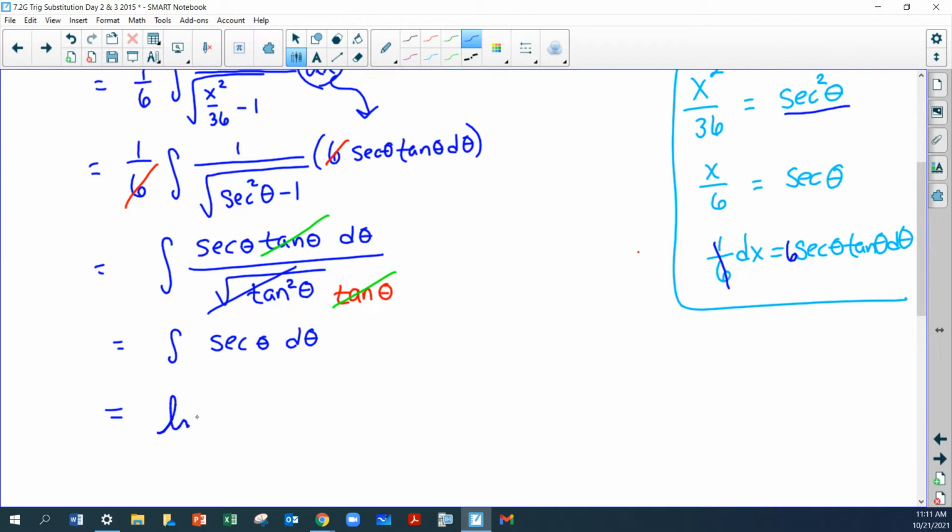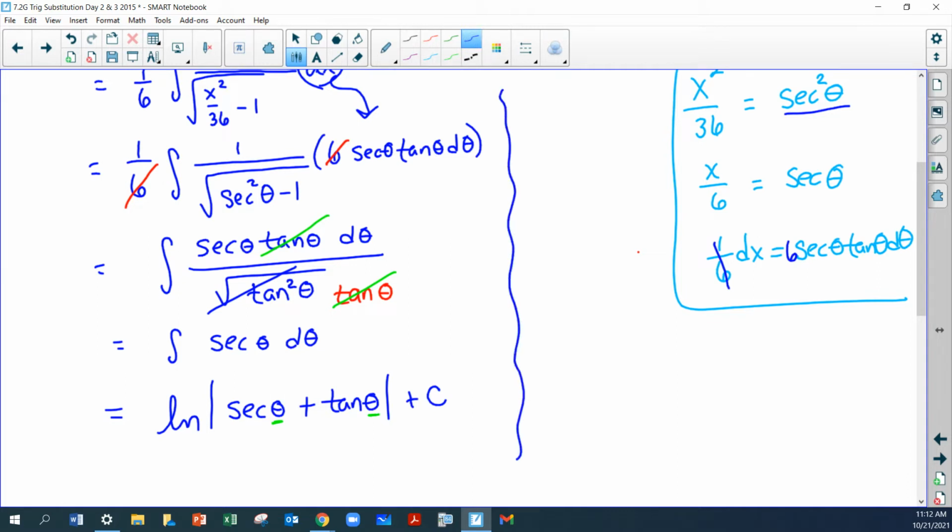It becomes a natural log of absolute value secant theta plus tan theta plus constant. Okay, that's an answer. But notice how our answer has thetas involved. Well, we should have x's involved. Now, there's another step to make that happen. So this step is going to be all about